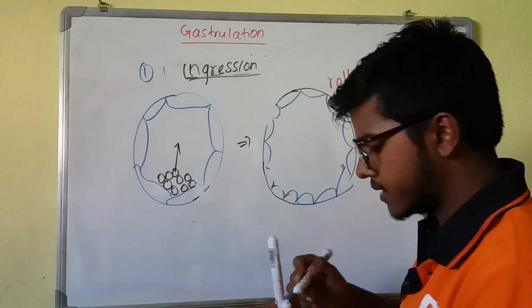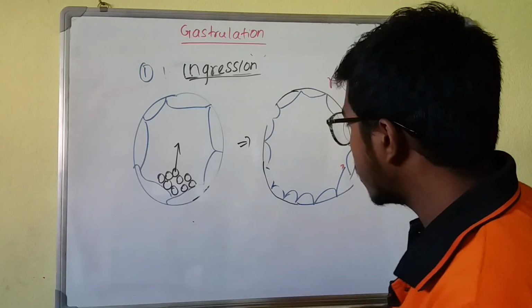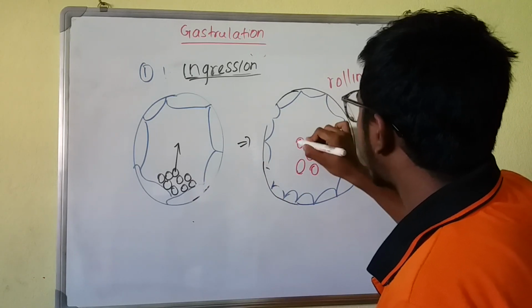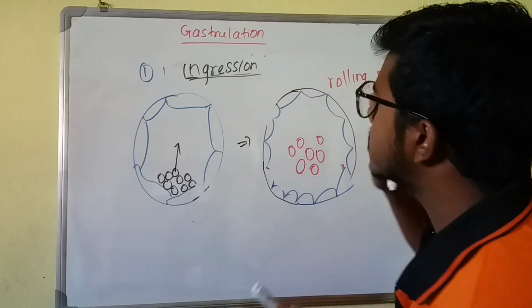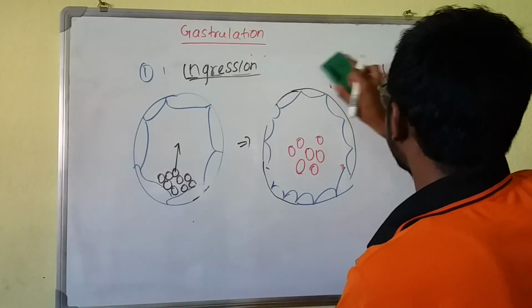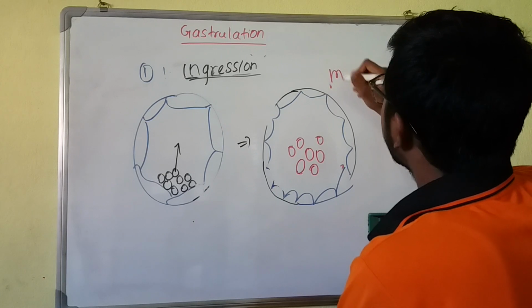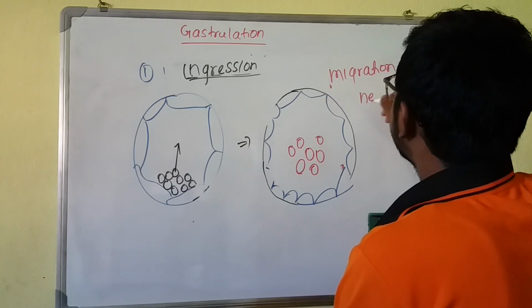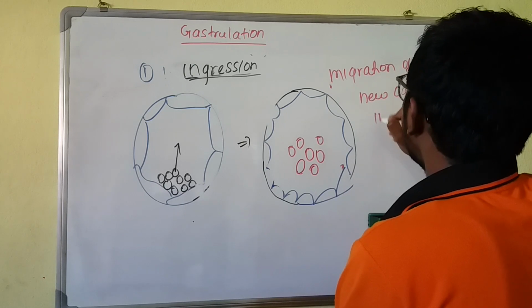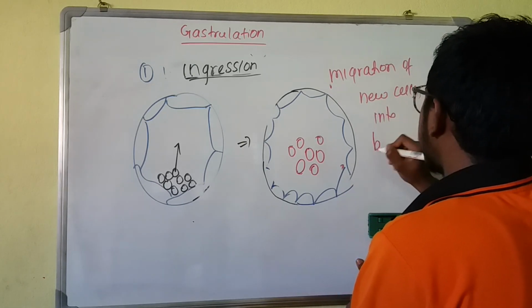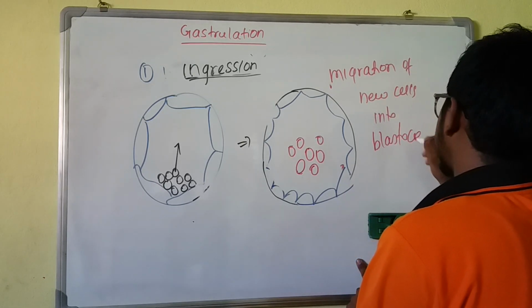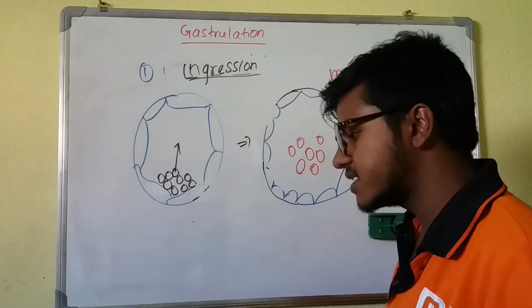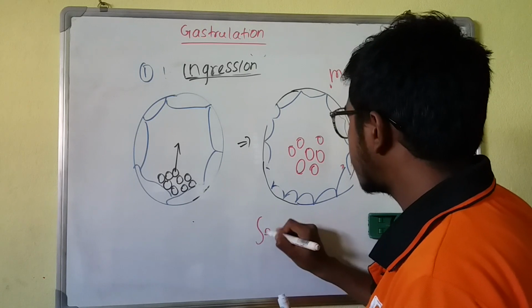So like this it will go. All the new cells go into the blastocoel, and that process is known as ingression. That is the migration of new cells into the blastocoel. And what is the example? The ingression is seen in the sea urchin